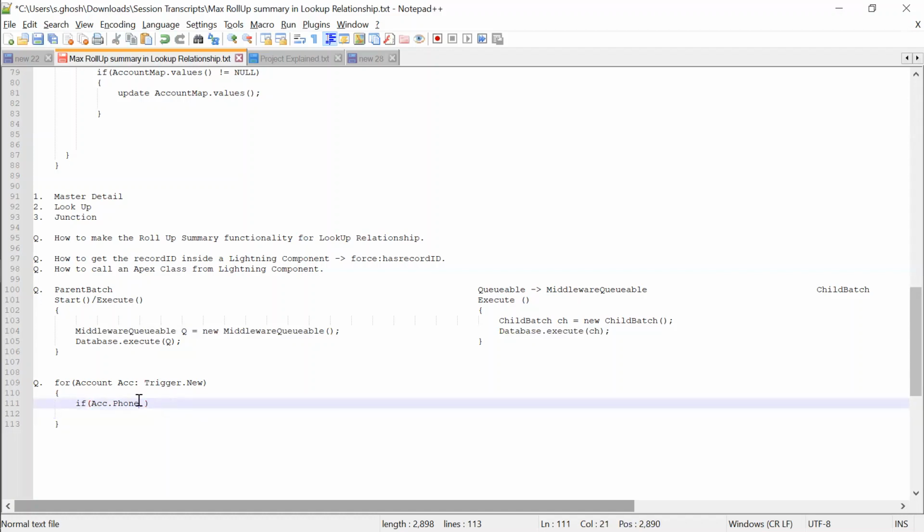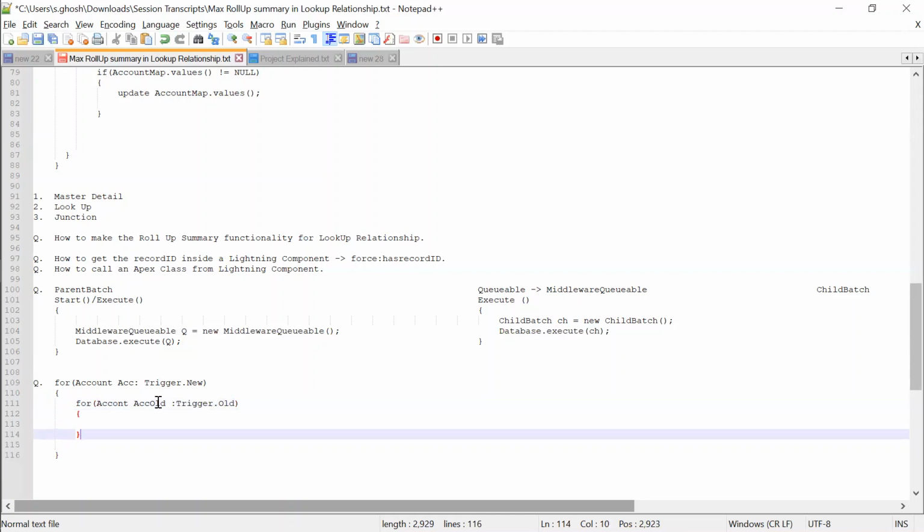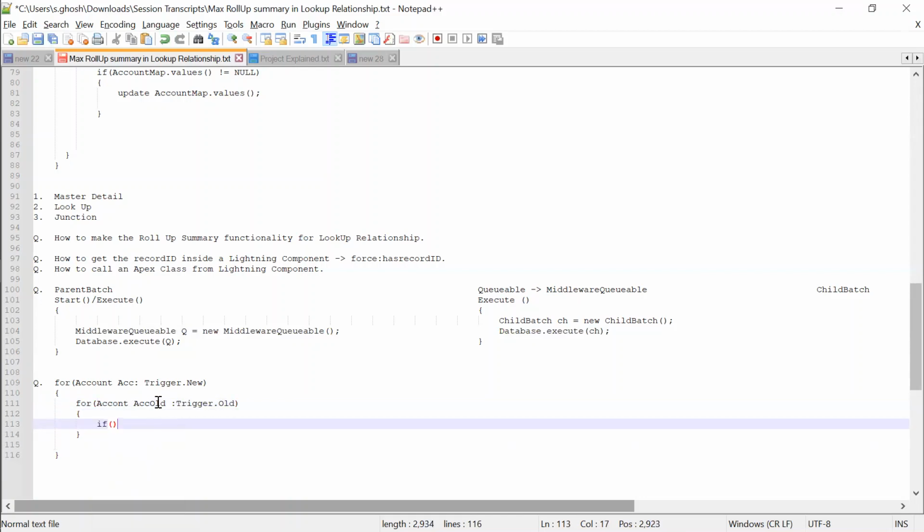There are two approaches. The first approach is what you are telling. Inside trigger.new, we will fetch the records from trigger.old. Here we will check if acc.id equals acc.old.id.